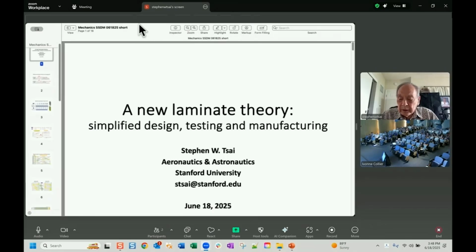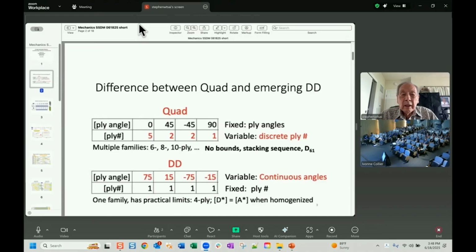Thank you very much. It's my pleasure to share with you what we believe is a better laminate theory for the design, testing, and manufacture of composites. In this chart, we show the difference between quad. Quad is a standard practice that is fixed with 4 angles, and then the variables are the number of plies. So in this case, we show a hard laminate, which is 5221. And the problem with this particular